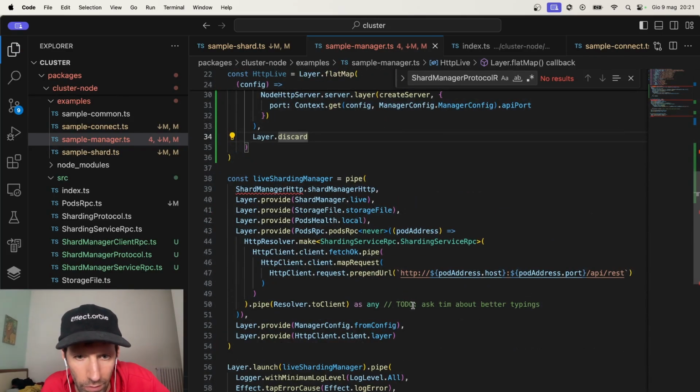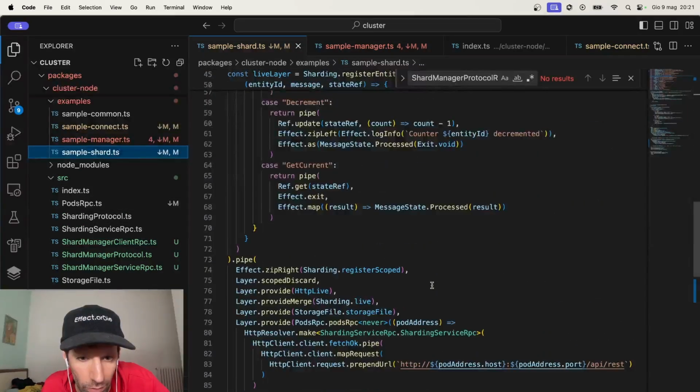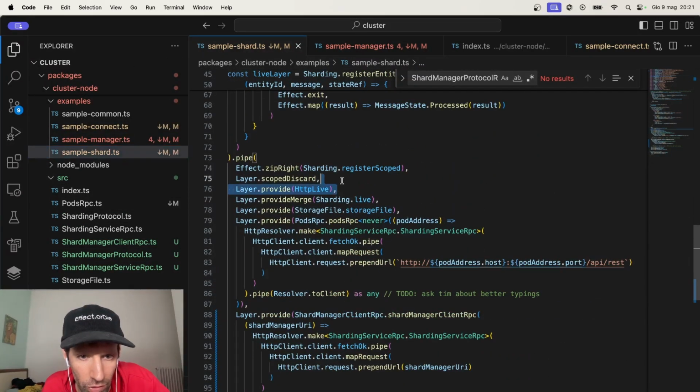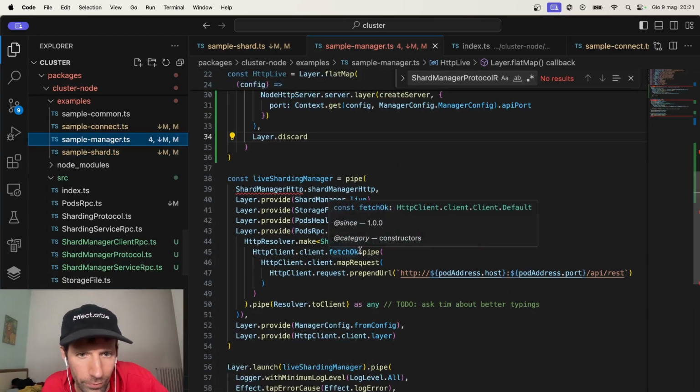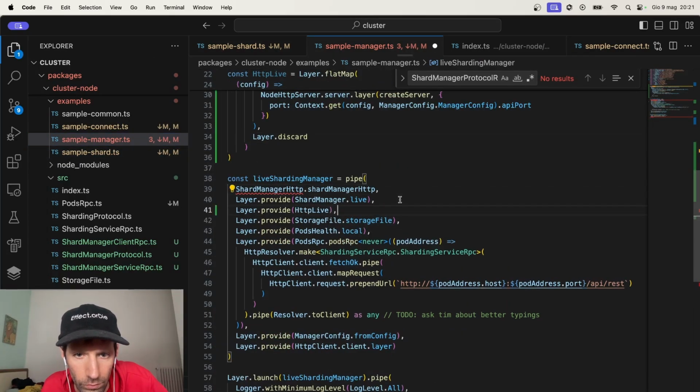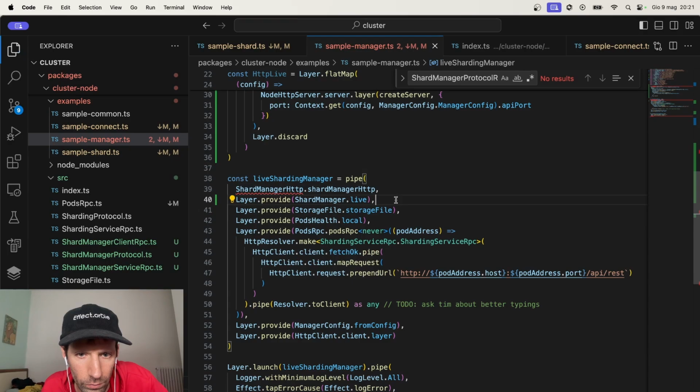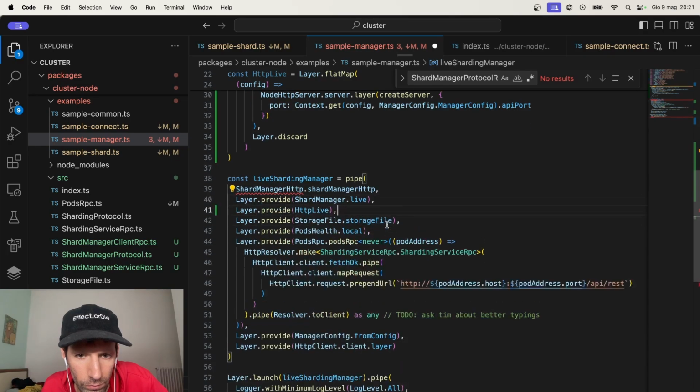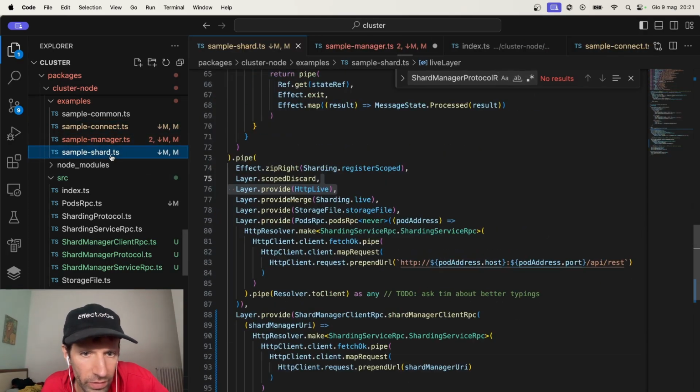And we need now to provide, in the same way we do here, we need to provide HTTP live. Yeah. And we start with